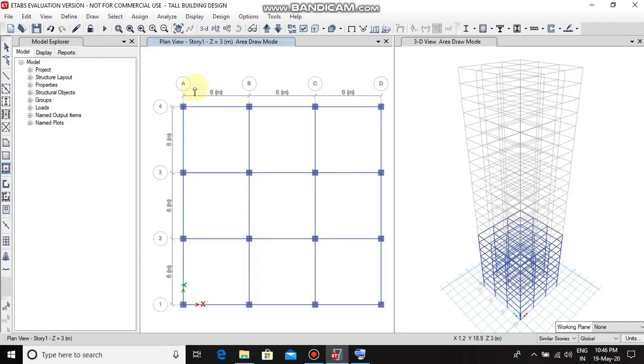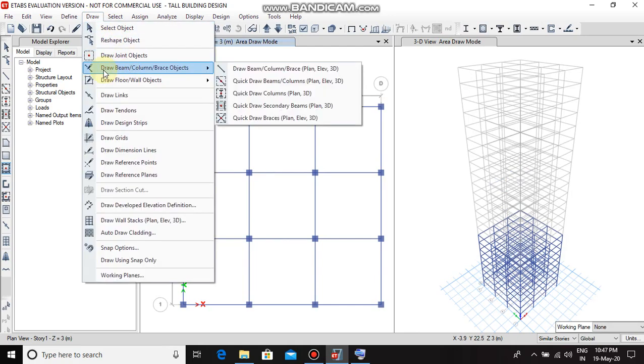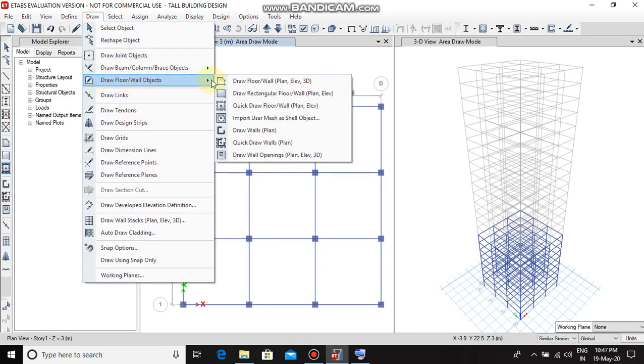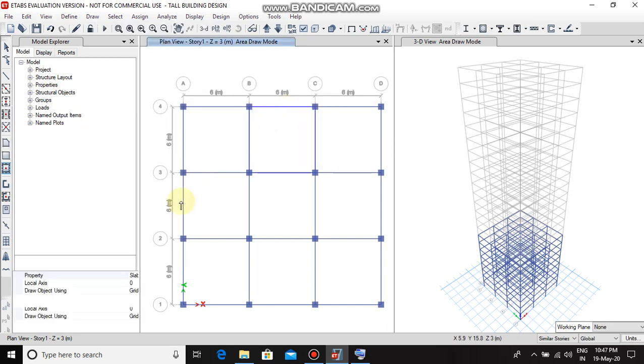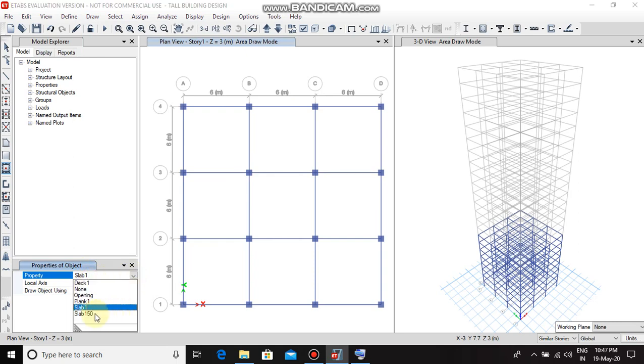Now let's go to the draw option again in order to draw the slab. In order to draw the floor, go to Draw, select Draw floor or wall object, and then select Quick Draw floor or wall. Change the property to Slab 150.